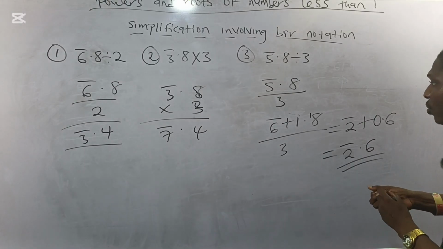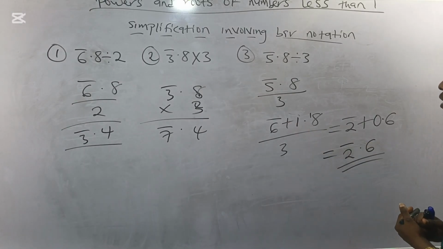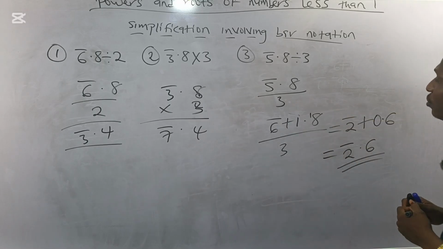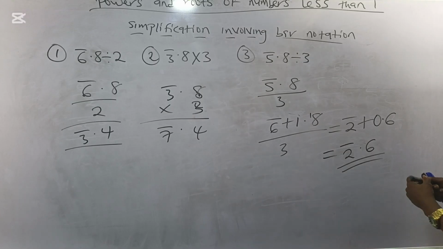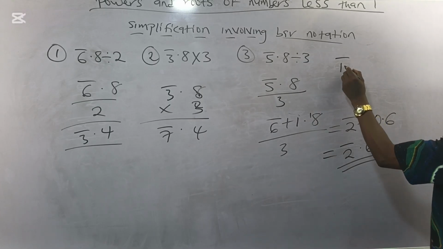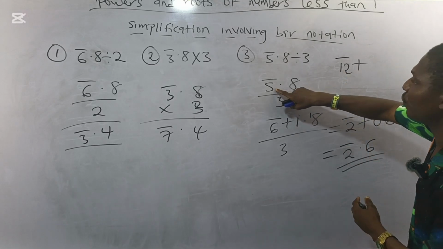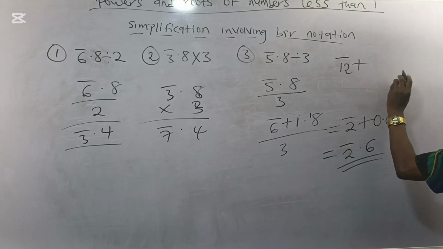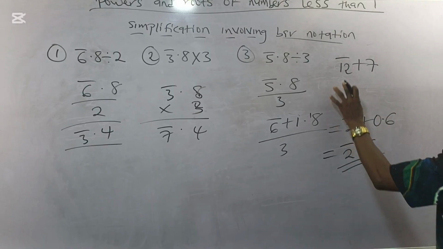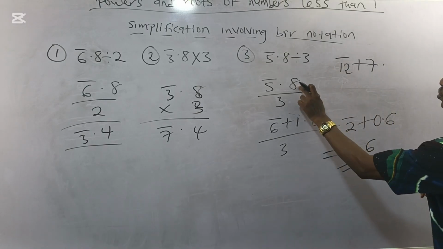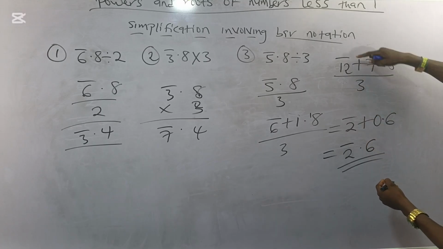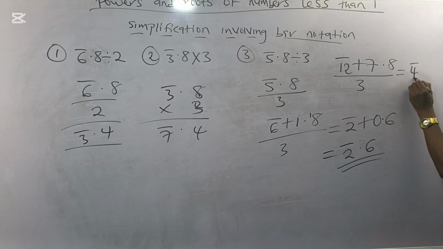But somebody else can choose to say, okay, I don't want to use bar 6. It's not 6 that is the only multiple of 3. The person can decide to use bar 9. He can decide to use bar 12. If he's using bar 12, then he must have bar 12 plus whatsoever that will give you bar 5. So if I have minus 12 plus 7, that will give me minus 5. So I'll put my 7. So it becomes bar 12 plus 7 point 8 all over 3. Again, bar 12 divided by 3 will give me bar 4. So I will have bar 4 plus